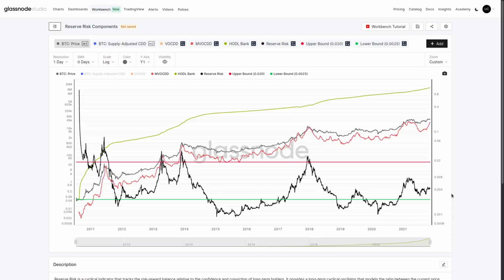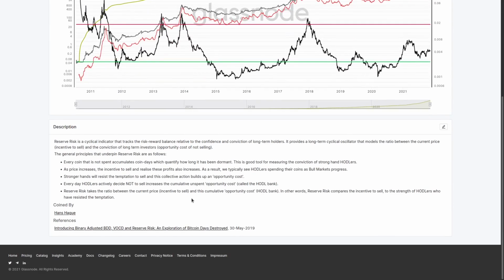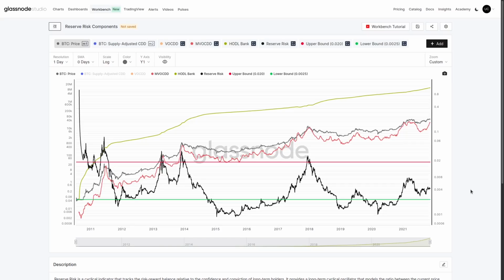When more selling pressure occurs, more coin days are destroyed, this metric will start to really power on towards the upside. Now, we have quite a detailed explanation of this both in the description, but also in Glassnode Academy, which I'll leave a link in the show notes. But that essentially closes out this session. Hopefully it was useful looking at these various metrics and navigating the cycle tops.